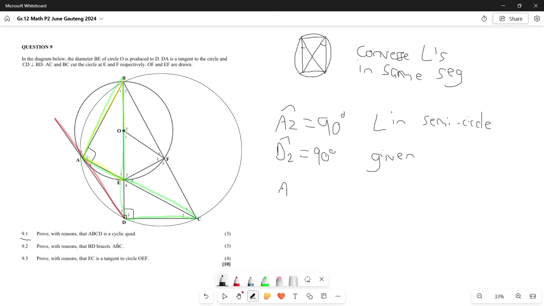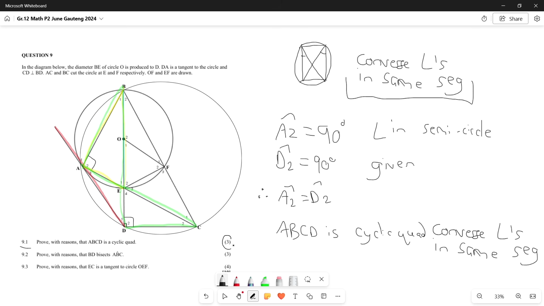So we write A2 equals D2, and therefore A, B, C, D is cyclic quad, because as we mentioned over here, our reason is converse angles in same segment, and that would earn us 3 marks, because now that D2 equals A2, therefore we could draw this circle around it with all 4 points, A, B, C, D, all